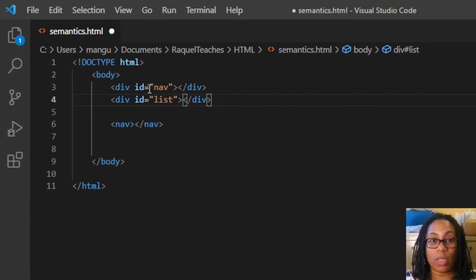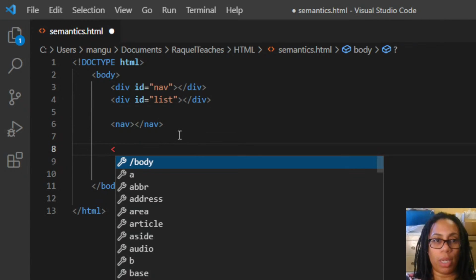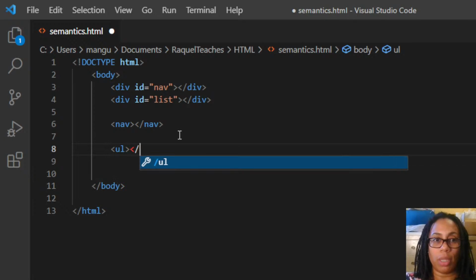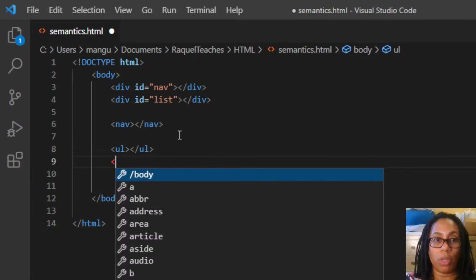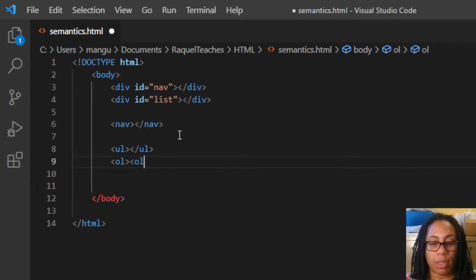So instead of using a div and giving it an ID of list, what we should be doing is something like this. We should be putting UL, right? Unordered list, or OL, ordered list. And then putting the list items in between them. Okay. And so that is really all there is to it, to making good use of semantic elements when coding